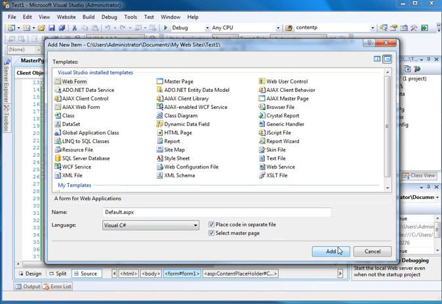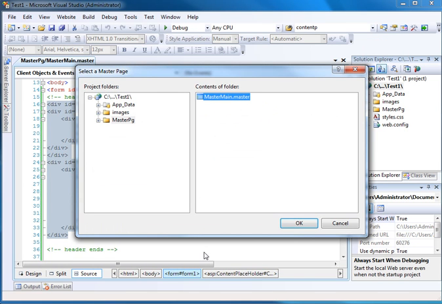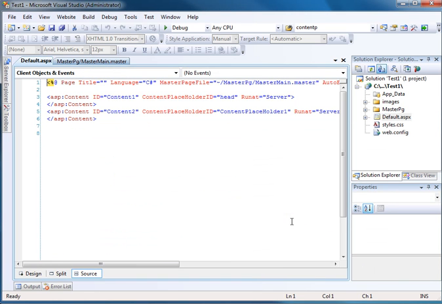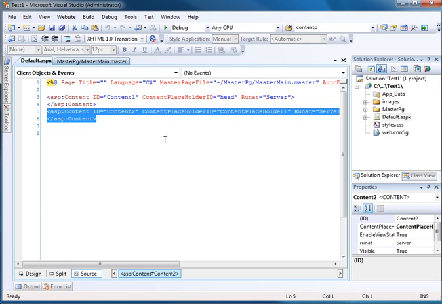So I'm going to click Add, and when I do, it says, okay, where's the master page that you want to add? Well, I've got my folder called master page, so I'm going to select this, and when I do, it shows me the content. Right now I've only got one master page, so I'm going to select that one and select OK. Okay, and look, I've got two